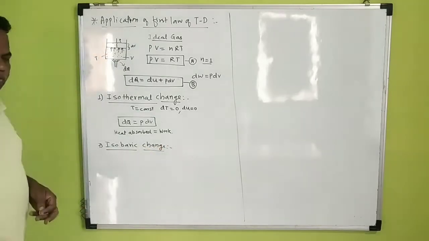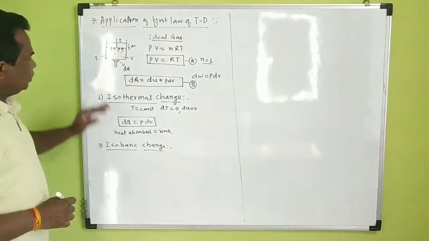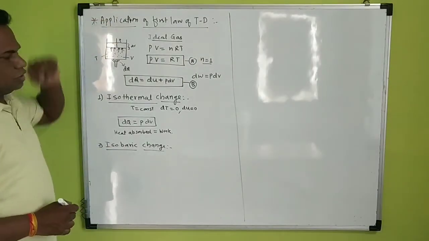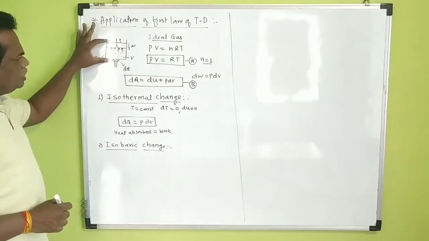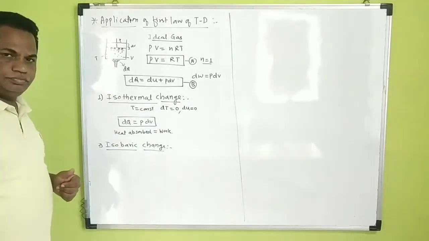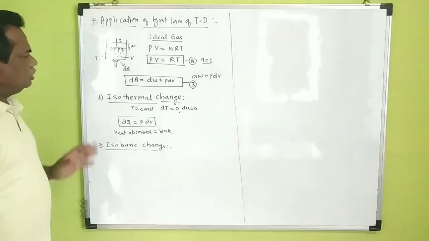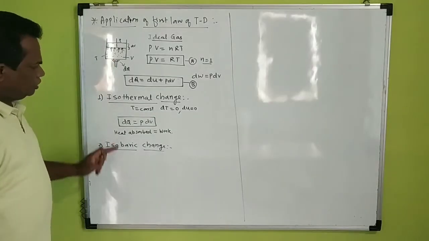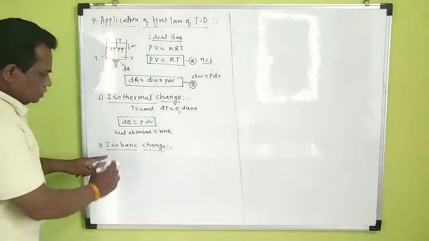What do you mean by isobaric? Isobaric means pressure remains constant. Pressure remains constant means volume may change, temperature may change. So when a certain amount of energy is provided to the system at constant pressure,